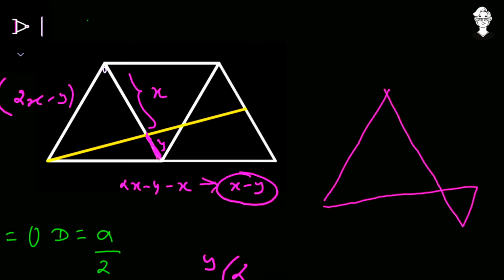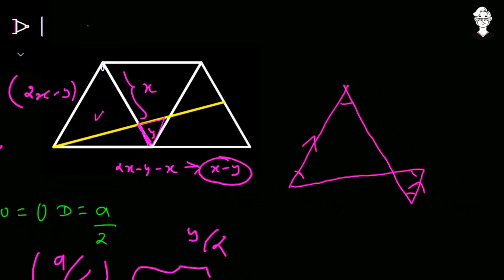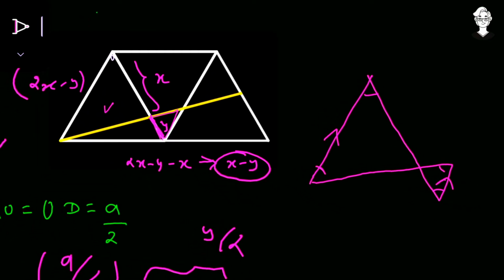Now what I can observe is this thing. Can you figure it out in the diagram? This triangle and this small triangle, this line is already parallel to this line, as I told you in the beginning. If these two lines are parallel, this angle is equal to that angle, and this angle is equal to that angle. So these two triangles are similar, and after that we can use the similarity property. Let this length over here be equal to k.